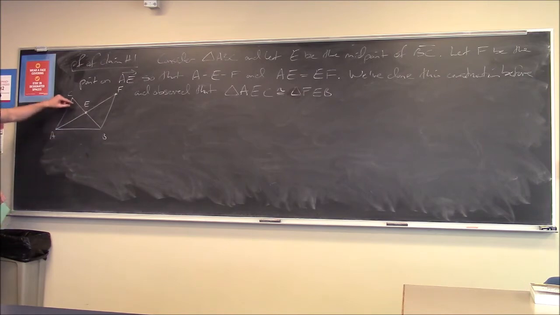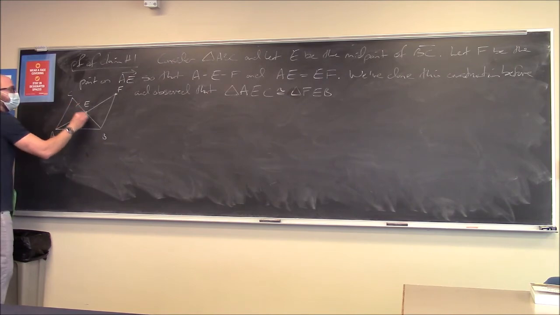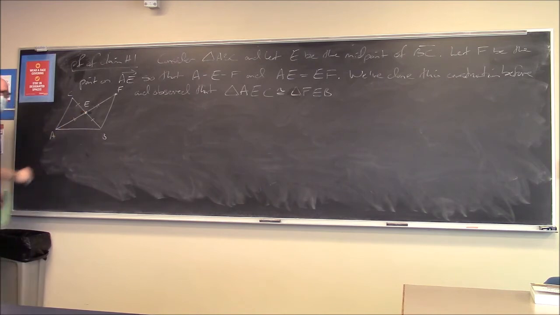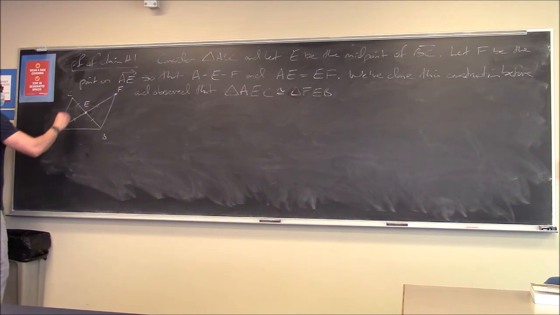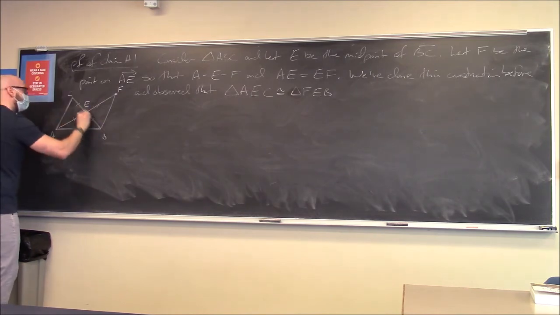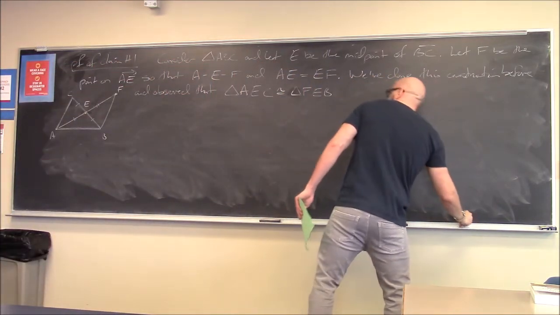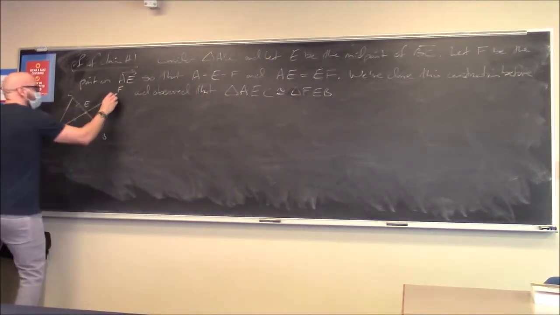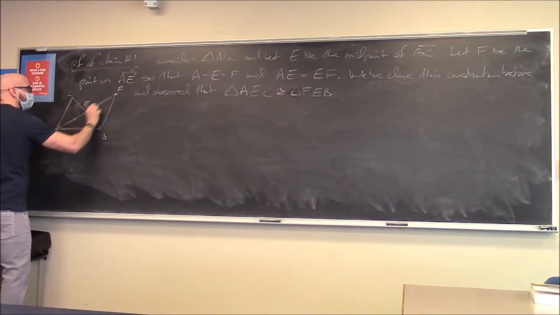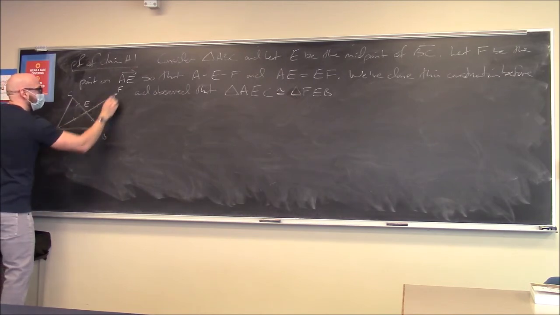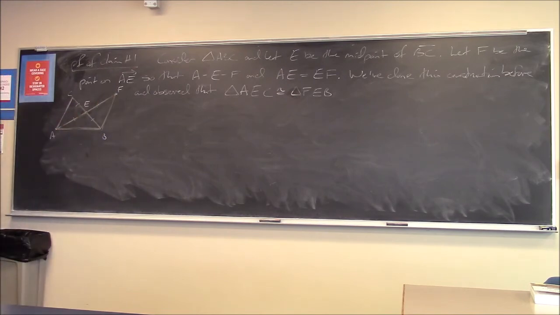Why? Well, it should be an immediate consequence of SAS, yeah. These are the same length, these are the same lengths, and those angles are the same. So immediately by SAS. What am I going to do here? What I'm going to do is show that this triangle we started with, ABC, has the same angle sum as this new triangle I've built, in orange, ABF.